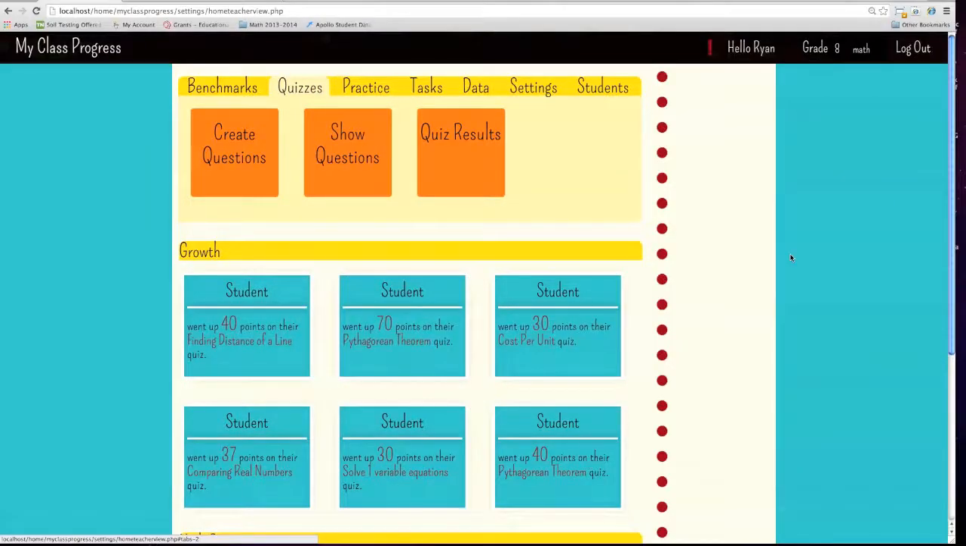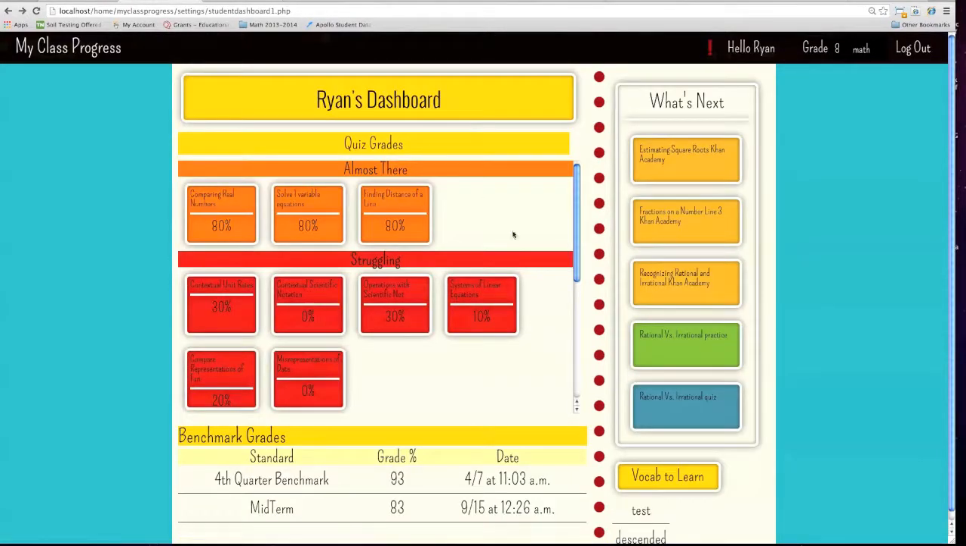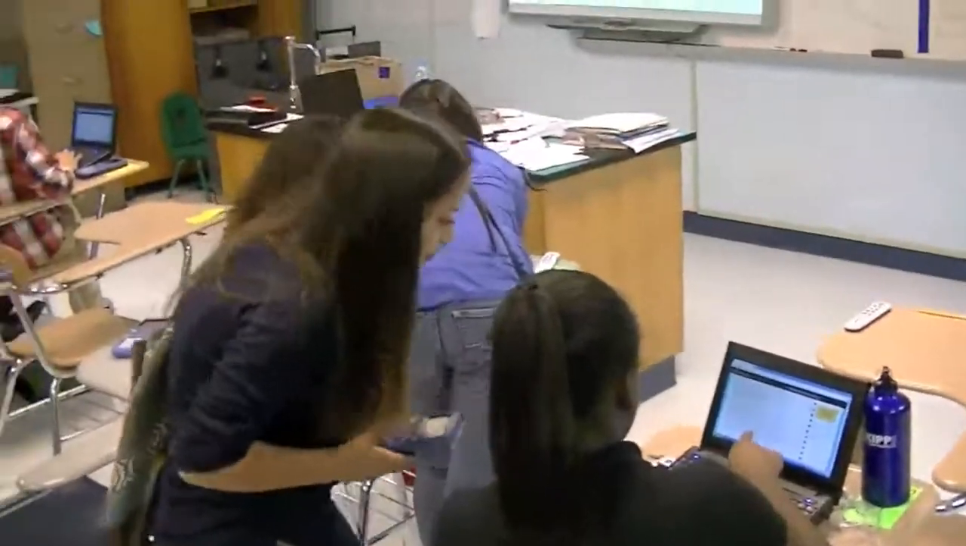My Class Progress makes data-driven instruction and blended learning easy for all subjects. Students log into My Class Progress at the beginning of class and instantly see what their customized assignments are. You no longer have to spend the first 10 or 15 minutes of class trying to get kids or groups